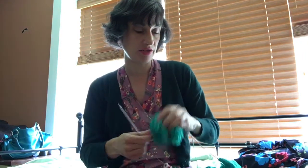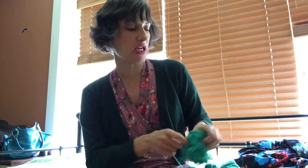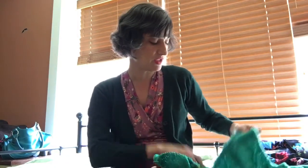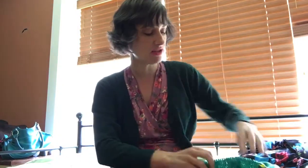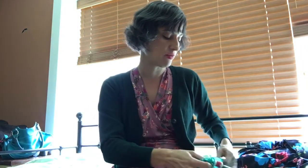Knitting. So remember I had started that more complicated knit in this green yarn that was the Luton sweater by Untangling Knots, and it had these really complicated cables, and I did not have the spoons for that kind of work. Like I didn't want to knit something that was going to take me a year to do. I didn't want to have to keep all that straight. I just don't have the brain power for that right now. So I decided to rip back the few rows I had, and I kept messing up. So I ripped back the few rows I had, and I cast on another Untangling Knots pattern, which is the